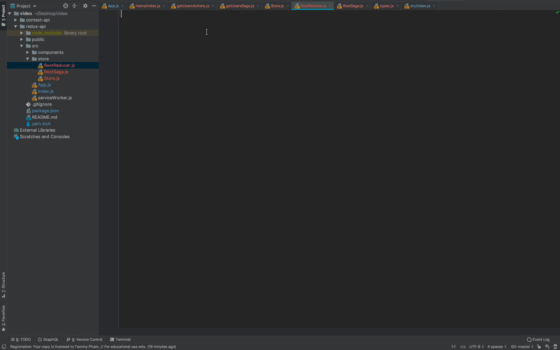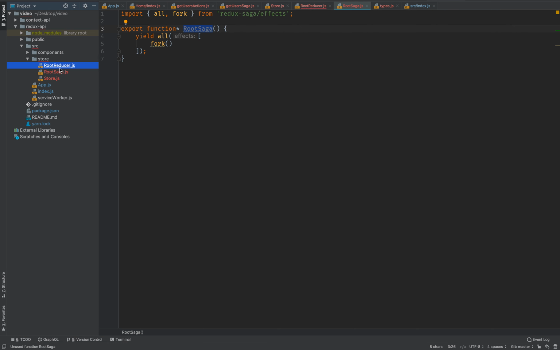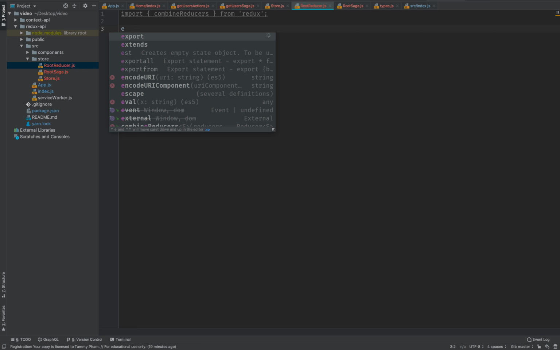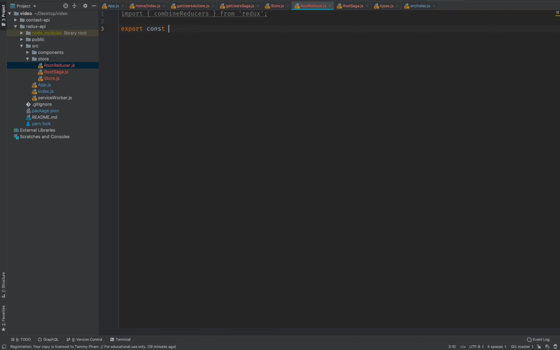And we're going to do, for the root reducer, we want to combine the reducers. So it's just combineReducers from Redux. And we'll just do export const rootReducer is equal to combineReducers, like so. You're just going to combine the reducers. So I'm going to say getUsers, and then it's going to have that reducer. But we don't have that reducer yet, so we can't really do anything yet. So we'll just say rootReducer here